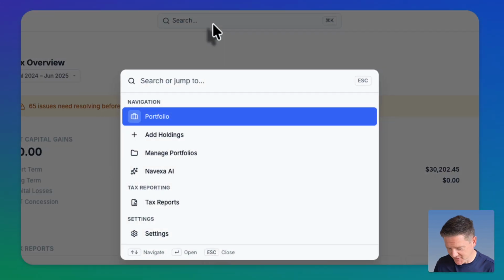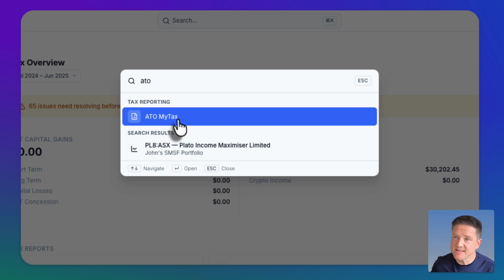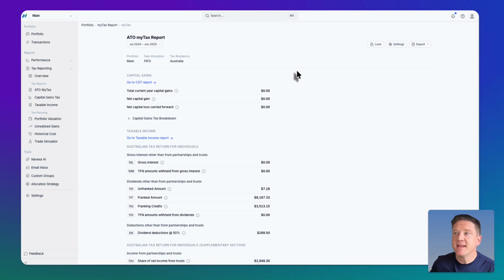I can also search for that if I wanted to. ATO My Tax, one of my favorite reports. Here it is. So you can see that I can search from the top, or I can choose it from